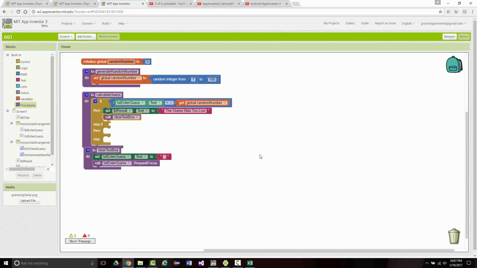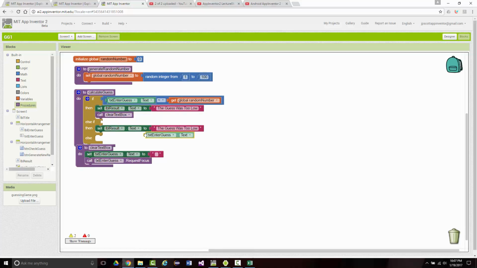Otherwise, and this is getting a little long, so I'm going to take this and duplicate it. I'm going to put it down in here. That'll actually go in here. Let me duplicate this one. I didn't do that correctly. Delete block. No. Grab this whole block and duplicate that. There we go. So otherwise, if it's greater than the number,